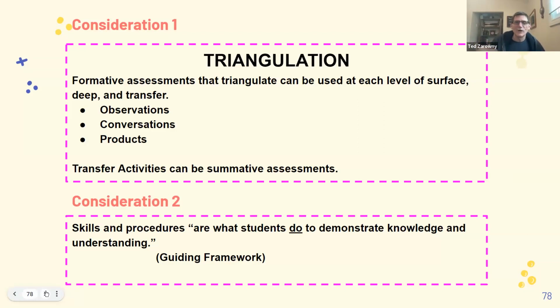We can have them do those again independently using different materials in a different situation to, maybe, work as an assessment piece as well. And we always have to remember that the skills and procedures, just the verbs themselves, not the entire statement, are the things that students do to demonstrate what they know and understand. So we give them those things to do for an assessment piece for us as well. And that's why I want to just quickly show you the next slide here.